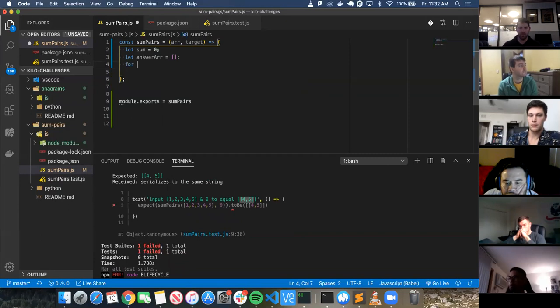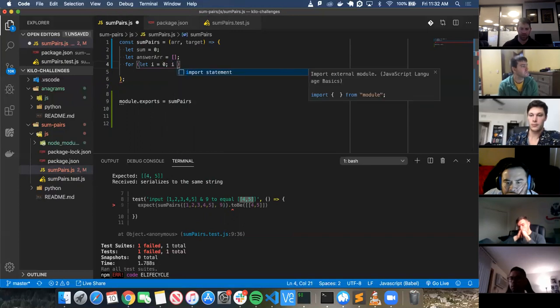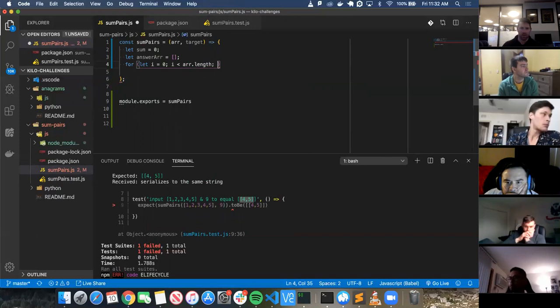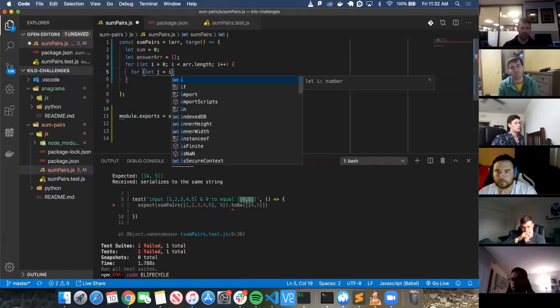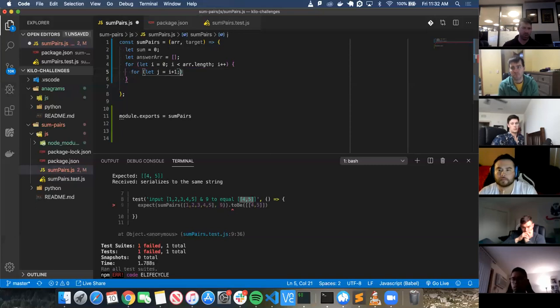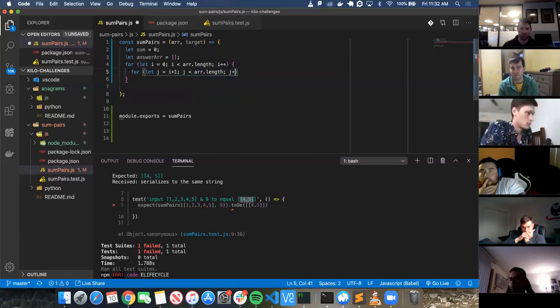My first for loop: for let i equal 0, i less than array dot length, i plus plus, and then here for let j equals i plus 1, j is less than array dot length, j plus plus,